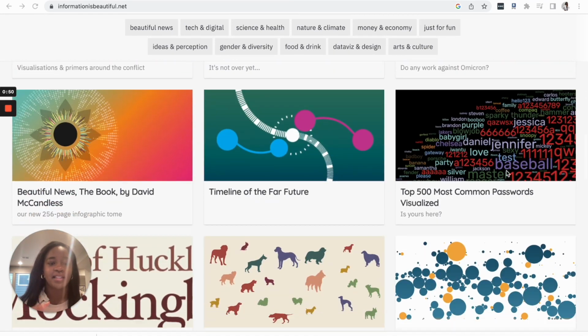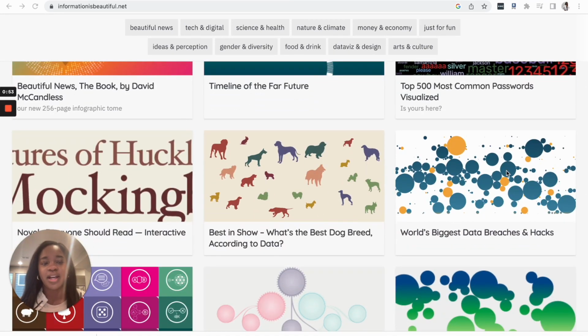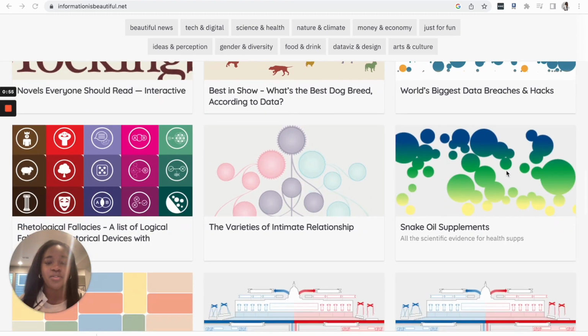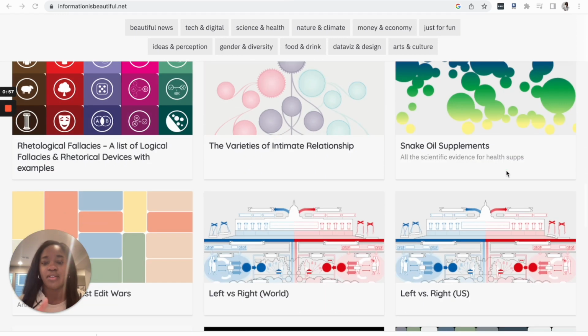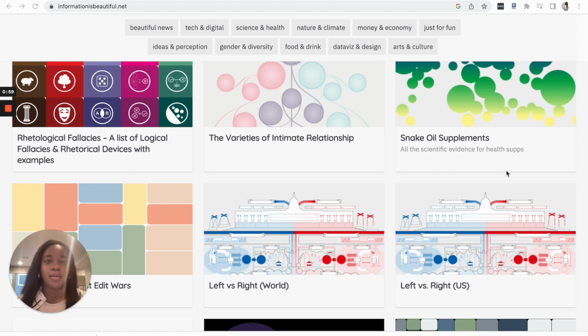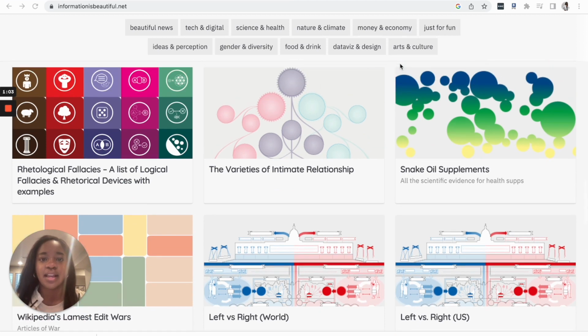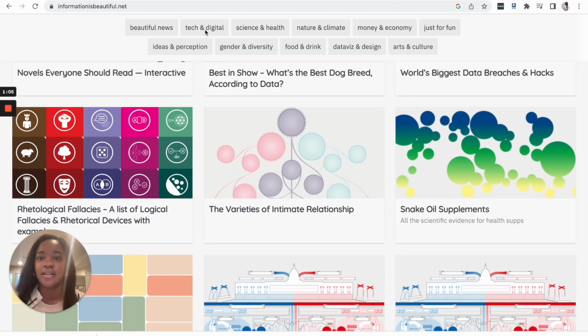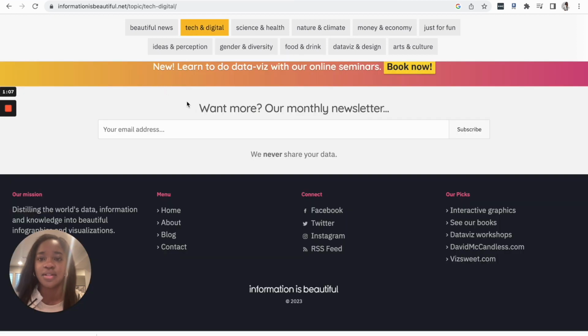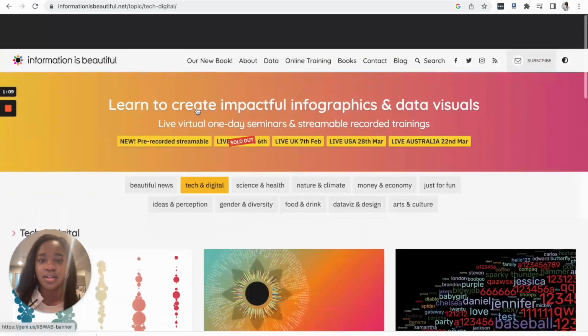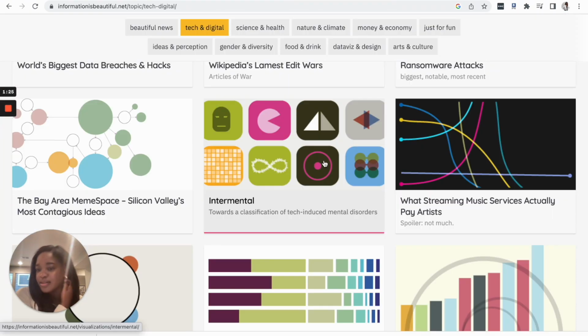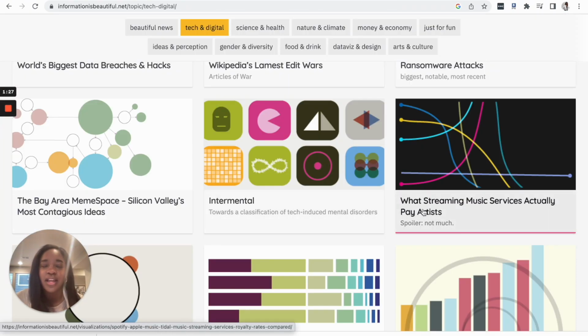And it's a little bit tricky to get exactly what you need, but if you even just want inspiration on how to create an infographic and convey your research, this would be a great place to look. So let's say you want tech and digital. Let's scroll up. Okay, I'm coming up with this on the fly, but let's say you are creating a new